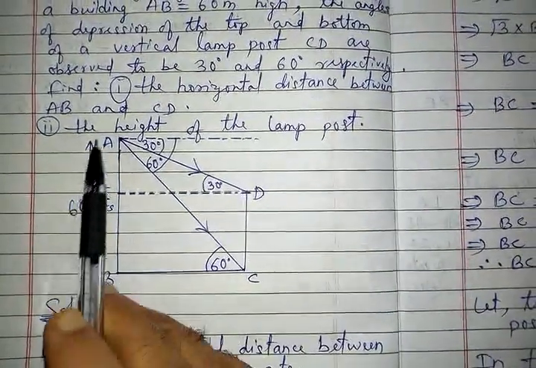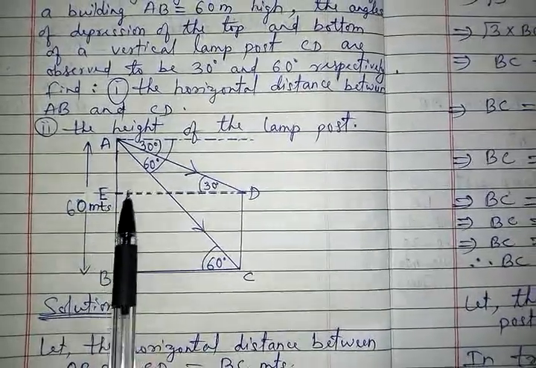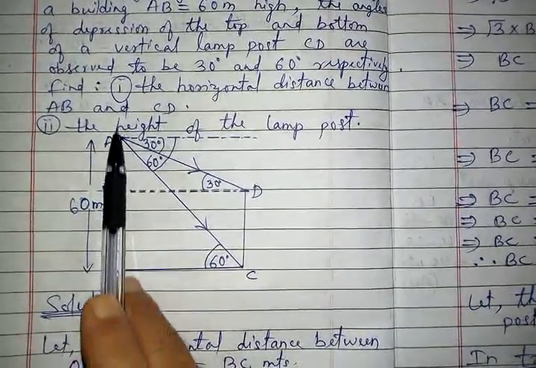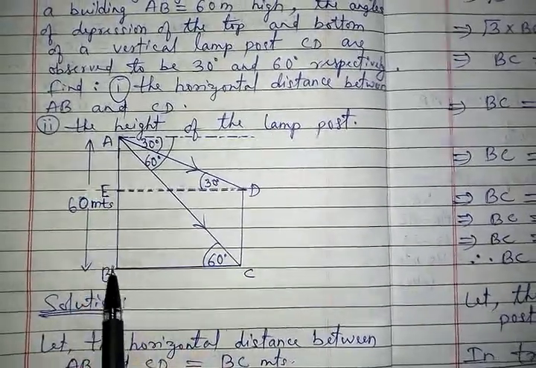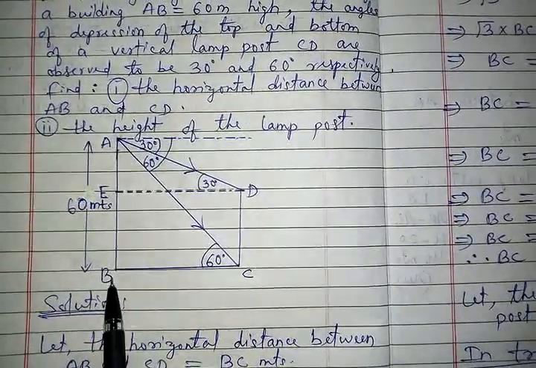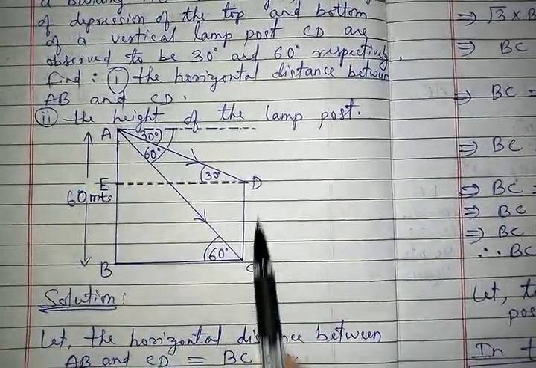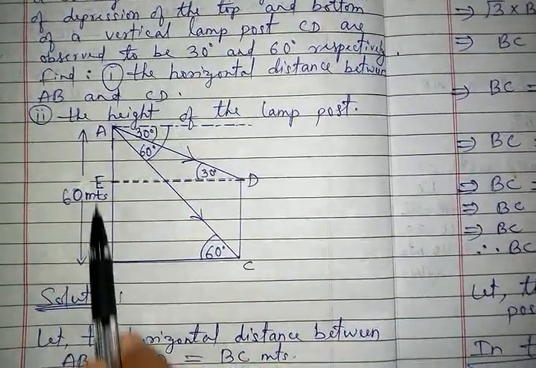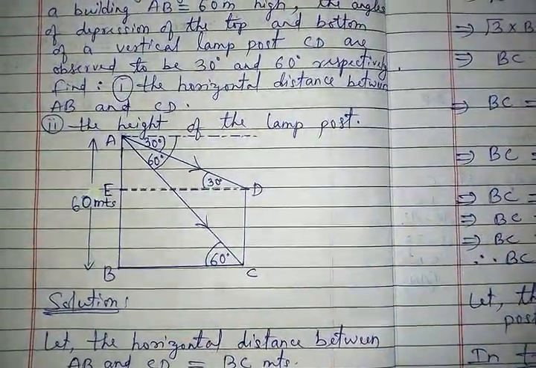How? Because the whole is 60. If the whole is 60 and suppose this top part AE is 20, then I can say this is 40, because the whole minus the top part will be BE, and whatever is the value of BE, the same will be the value of CD. That means with the help of BE I will try to find the value of CD. So this is all about the question.